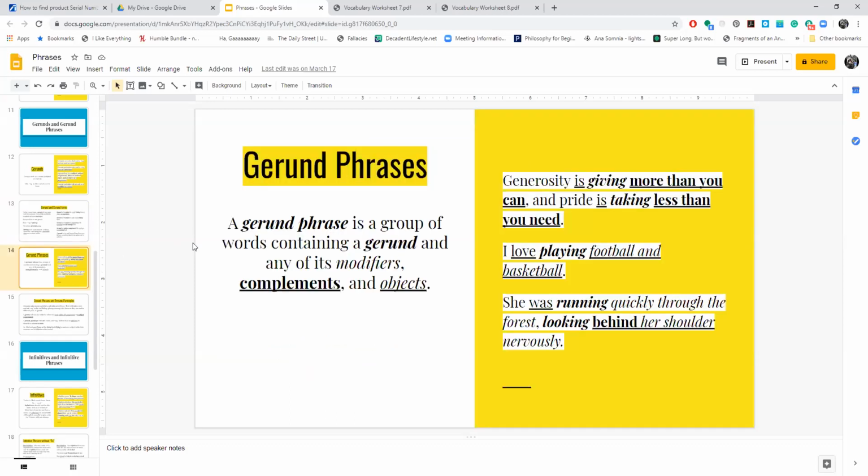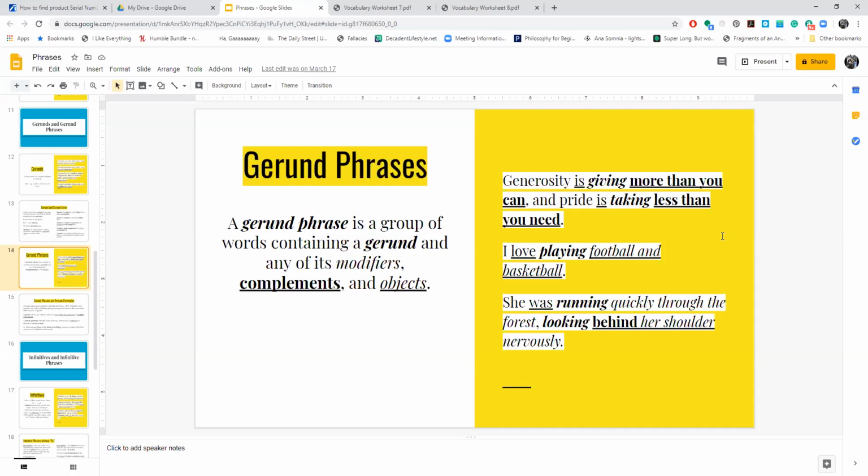So a gerund phrase is a group of words containing a gerund and any of its modifiers, complements, and objects. So if you see a phrase that has a gerund in it, the entire phrase will include any modifiers, any complements, and any object. So the first sentence we have here says, generosity is giving more than you can, and pride is taking less